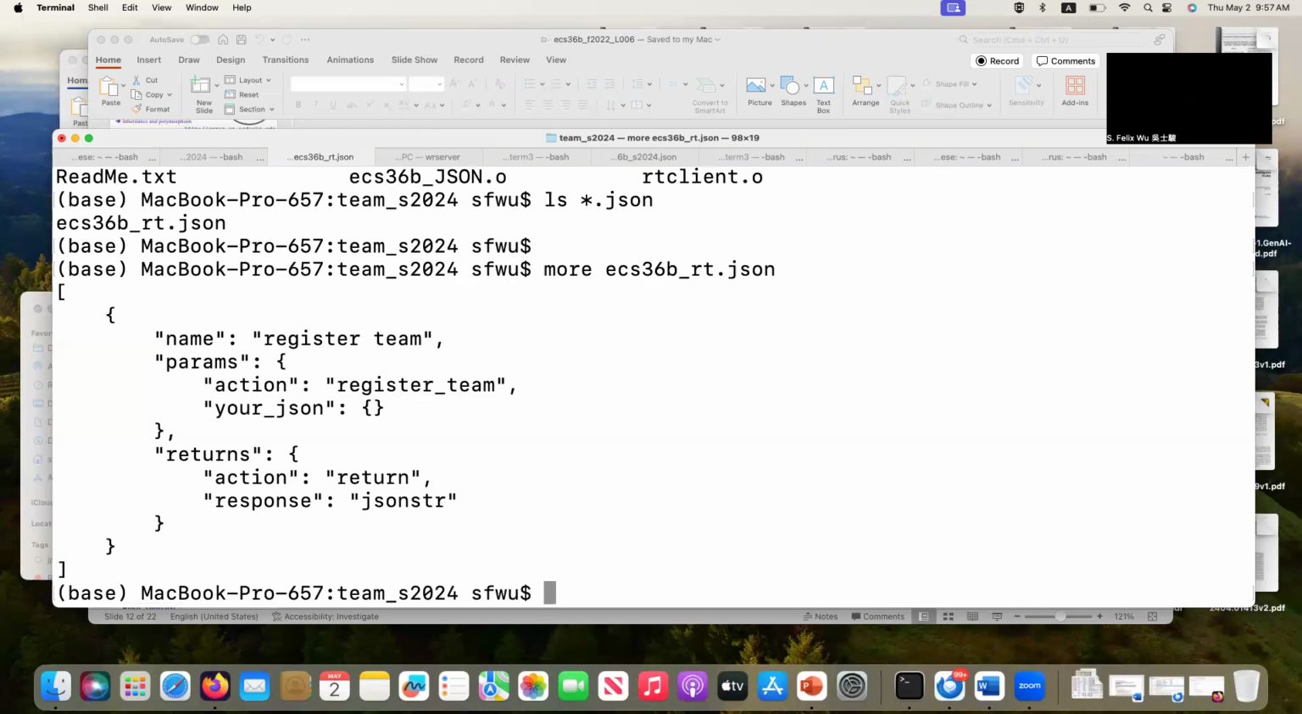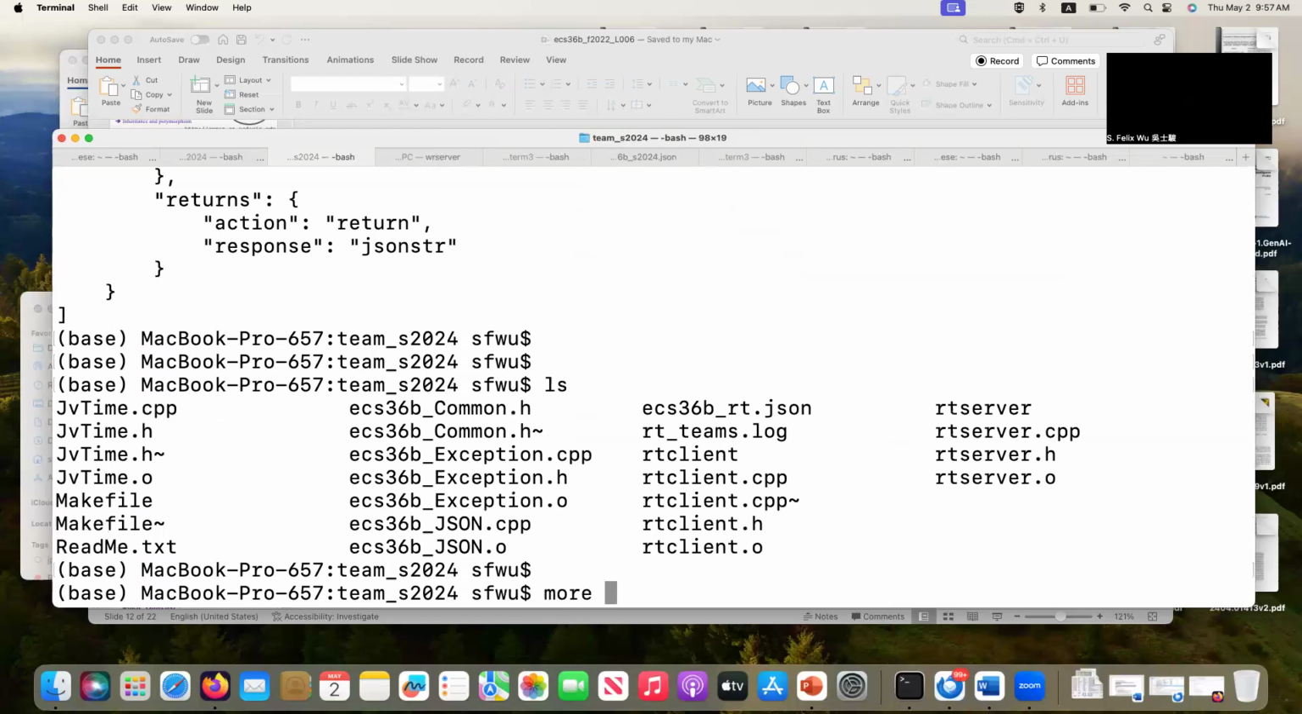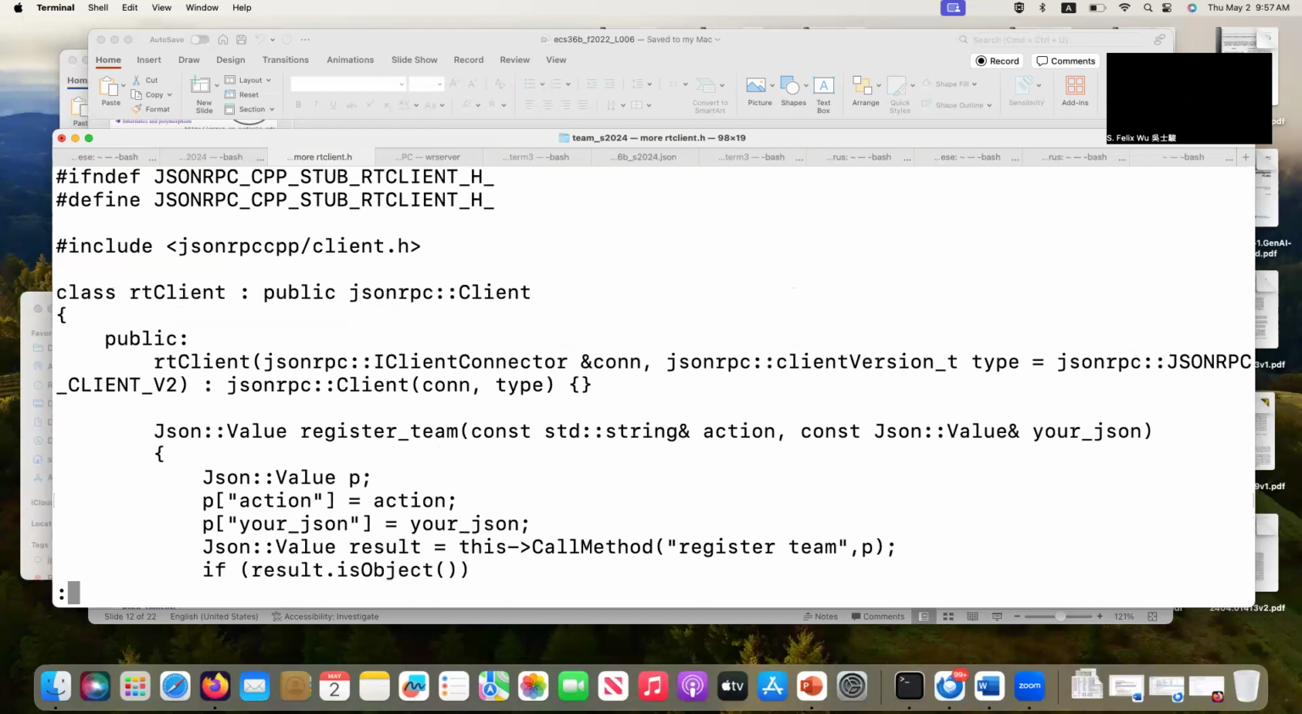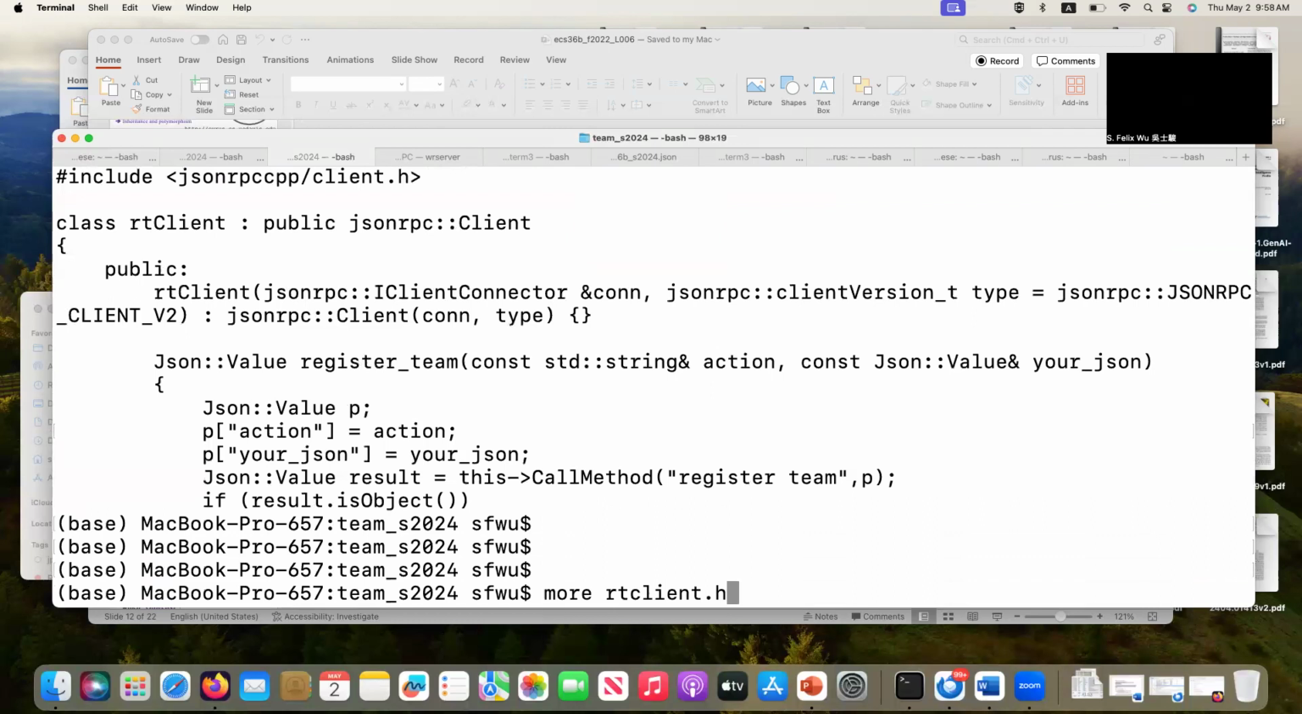So when you generate the code, rt client.h, you can see that it generates, the first one action is a string, so still generate std string. But the second argument, it actually generates your JSON as JSON column value. Okay, it's generated because I specify as object. That's how it connects. That's why when I try to use it,